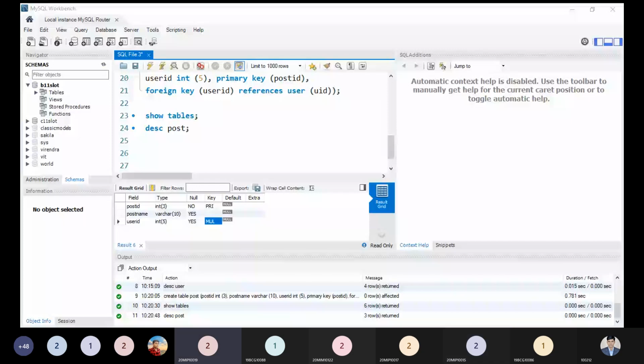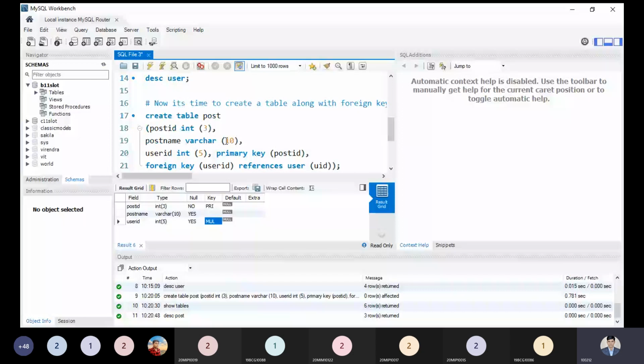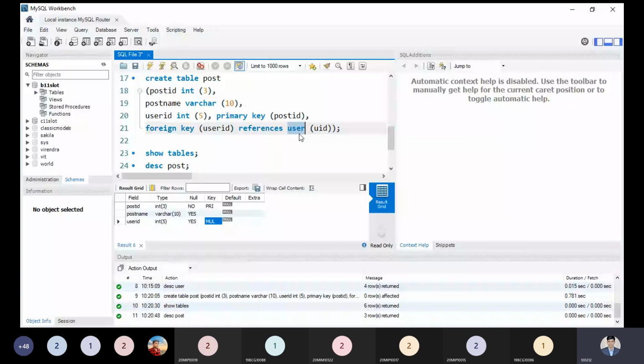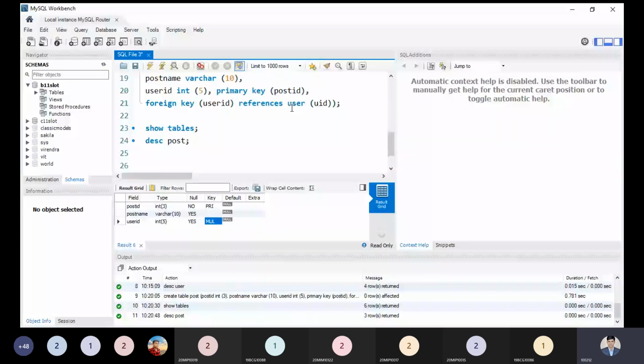Sir, here is user a keyword or a table name? Yes. See, sometimes if it is showing blue color, then we say this is treated as a keyword. Inside our MySQL, it is a keyword, but we are taking it here as a reference, or putting it here as a table name. So implicitly, the compiler will identify this as our table name, that is the user table. Okay, please keep in mind. Implicitly, in MySQL it is treated as a keyword, so that's why it's showing blue color. But we are using it as a table name only.